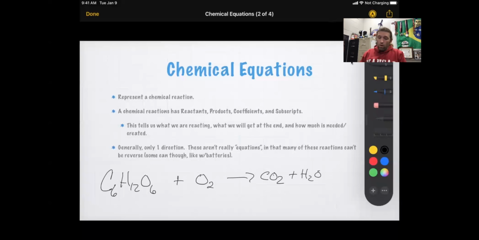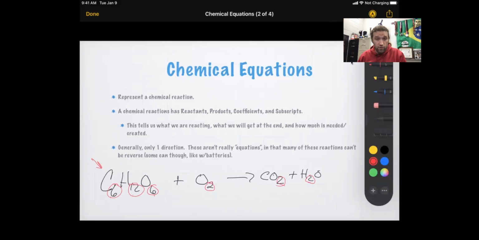Okay, well, let's talk about a few things first. Here are the subscripts. I'll circle those in red. Boom, boom, boom, boom, boom, and boom. Those are all subscripts. This is telling me that in glucose, this molecule right here, I have 6 carbons, 12